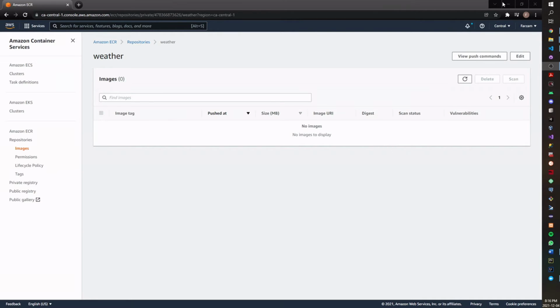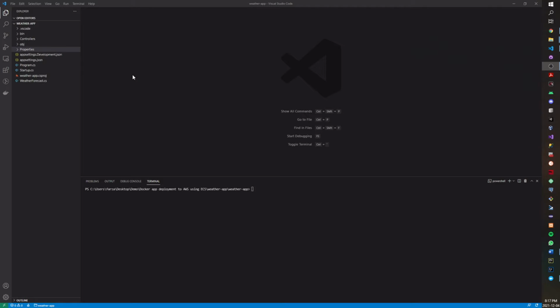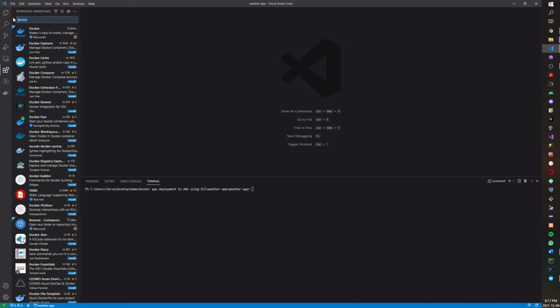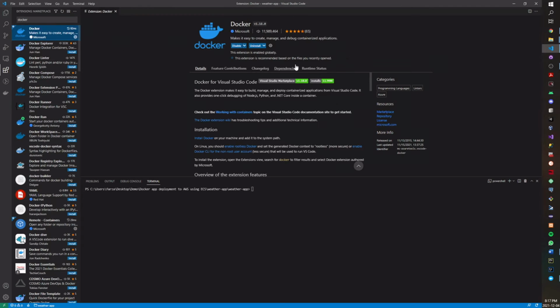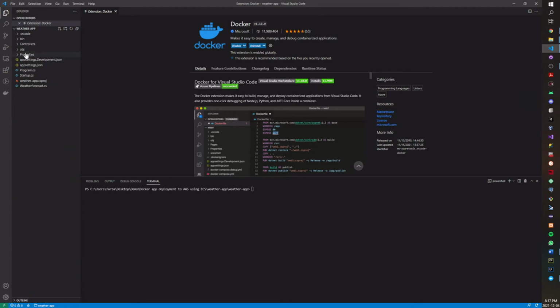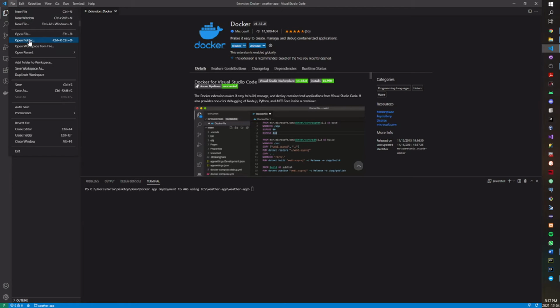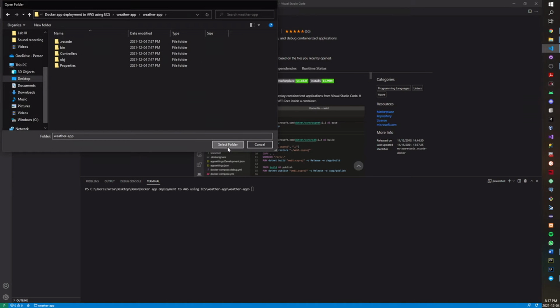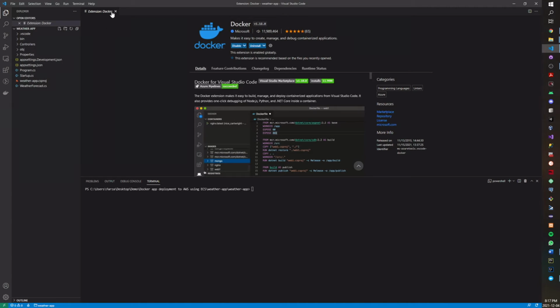Okay, so next step is to create the Dockerfile, which is going to be used to actually create this container. And to do that, you do need Visual Studio Code. Well, you don't necessarily need it, but it does help out a lot. It's going to just make everything easier for you, and it's going to set it up for you. So what you need to do is install Docker in Visual Studio Code. Mine is already installed, and then head over to your application folder. And if you don't know how to do that, new folder, open it up, easy as that. All right. Once that's done,